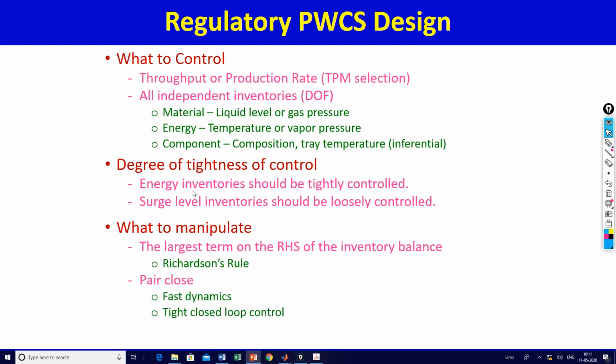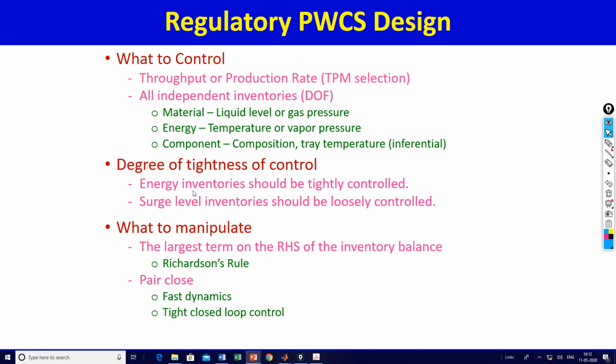And then the other rule of thumb is pair close. Control level on the bottom of a distillation column using something on the distillation column, something close by, because that will give fast dynamics, and fast dynamics will ensure that the closed loop control is tight if you want it to be tight. On the other hand, if the dynamics is slow, there is no way you can have tight control. Okay, so these are some of the rules of thumb